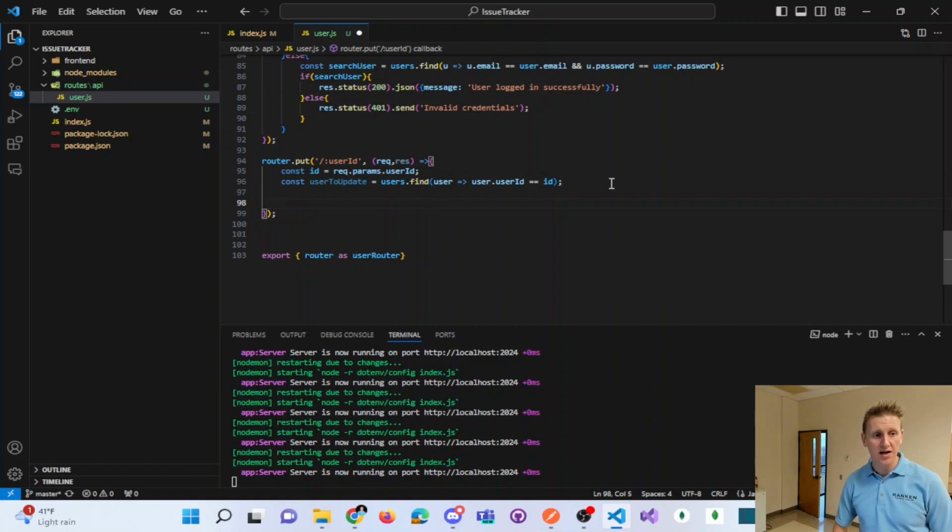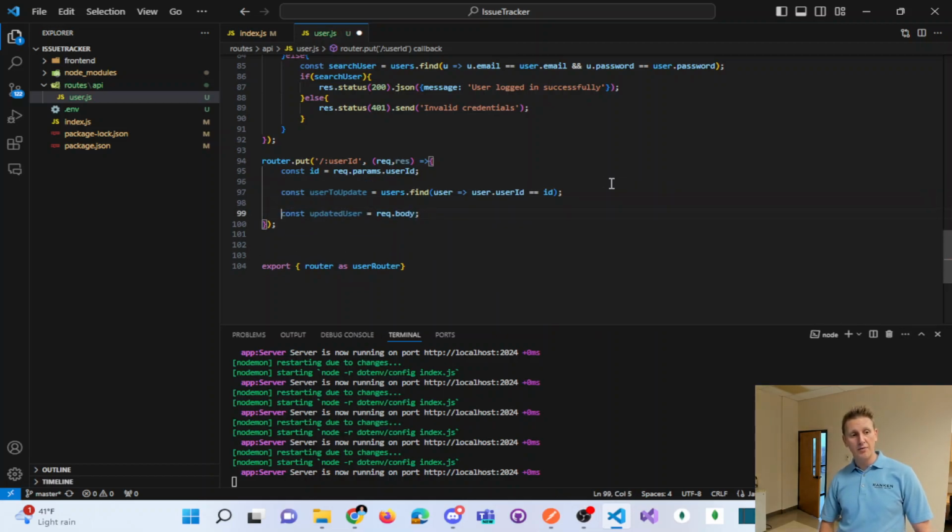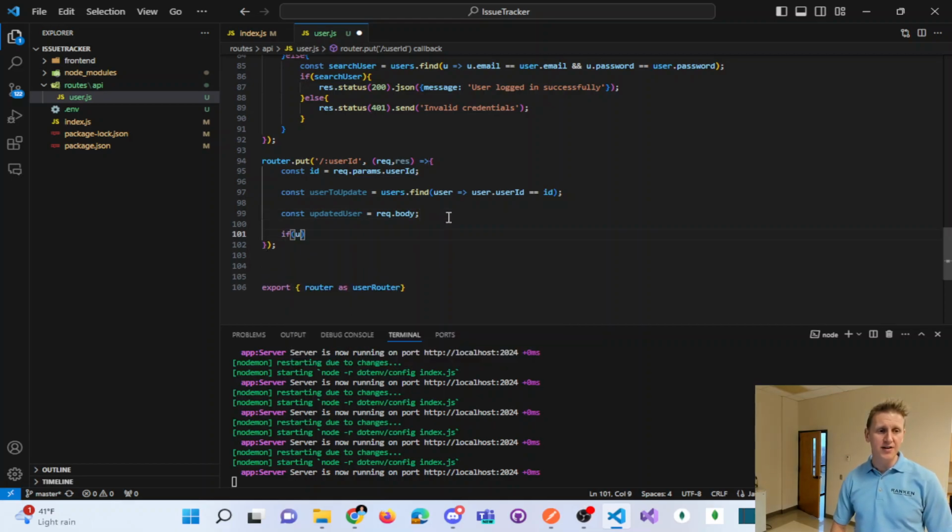And then const updated user equals rec.body. So this is interesting because we're getting some data sent across via the route, and we're also going to send data across on rec.body. So we're sending data across on params and on rec.body. And so I'm going to say if there's a user to update, in other words, the ID is a valid ID, because they might send an ID that's not a valid ID. If there's a user to update,